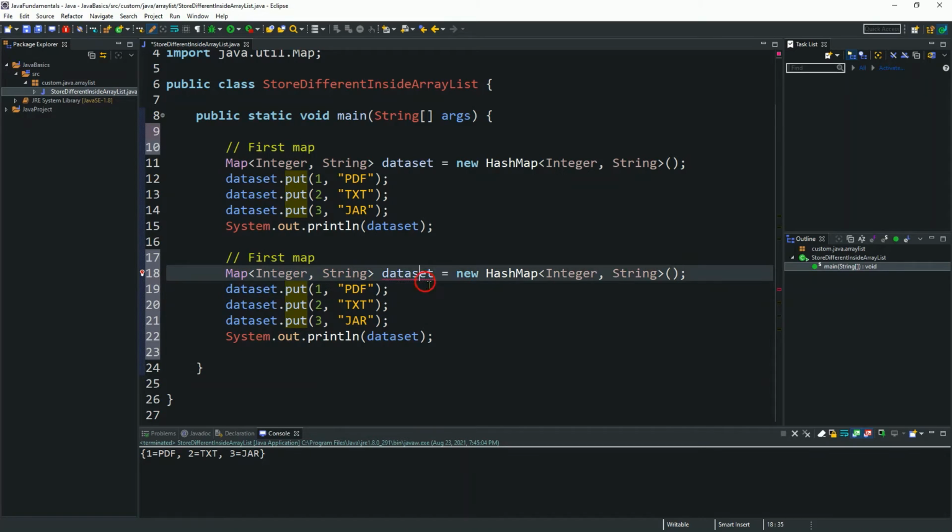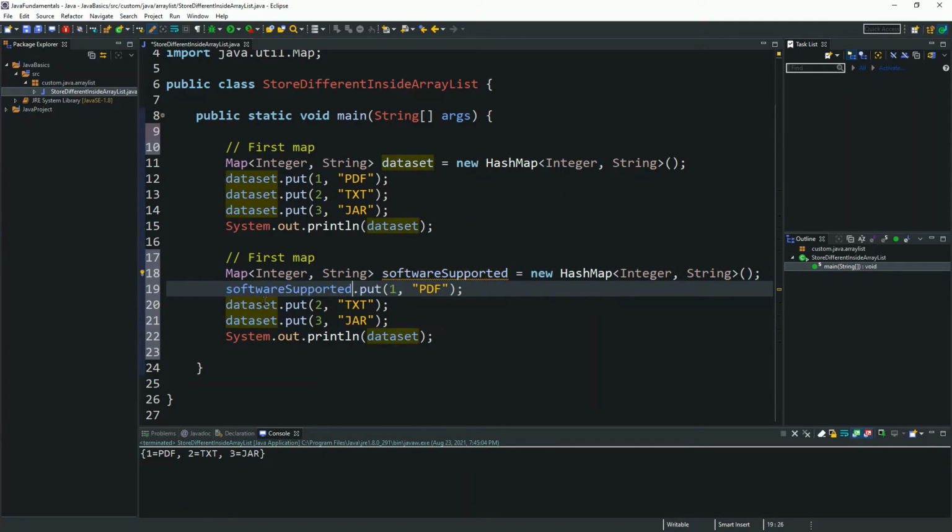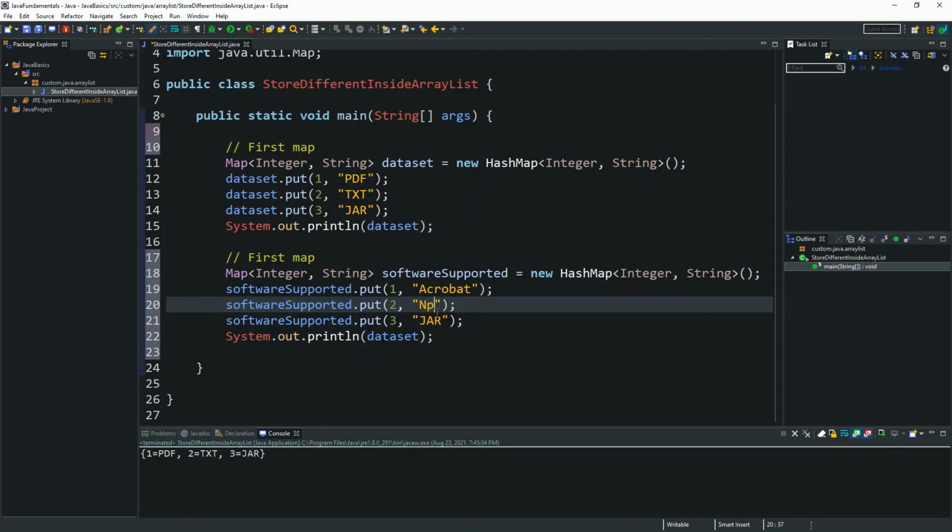The second map I will give the name softwareSupported. The PDF will be supported by Acrobat. The text will be supported by Notepad++ or Notepad. I will give the full name for better understanding.